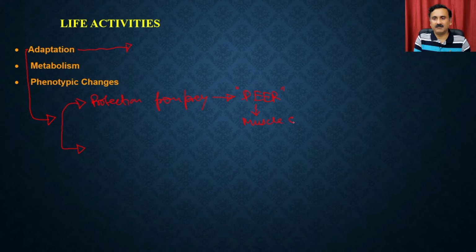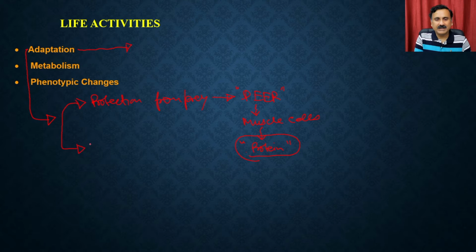If it has developed the muscle cells, this means it actually has produced a large amount of muscular proteins, the proteins which are responsible for making the muscle cells. And these proteins are responsible for providing the extra power to the muscles of the deer, and that's how it is actually getting protection. Similarly, adaptation also means that you can have some kind of